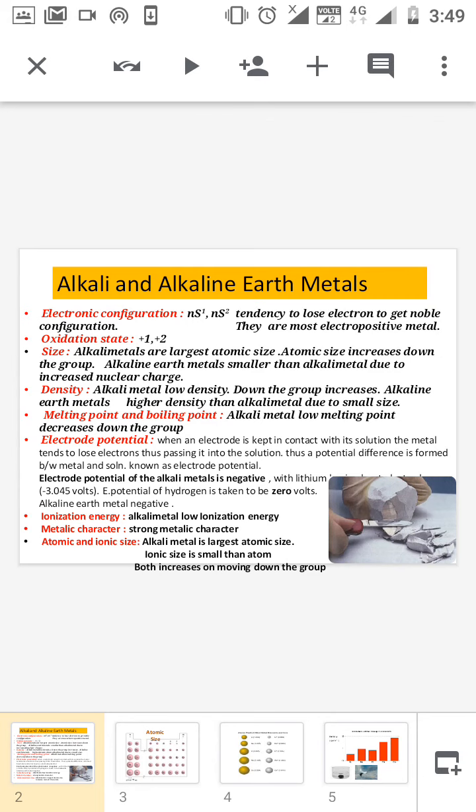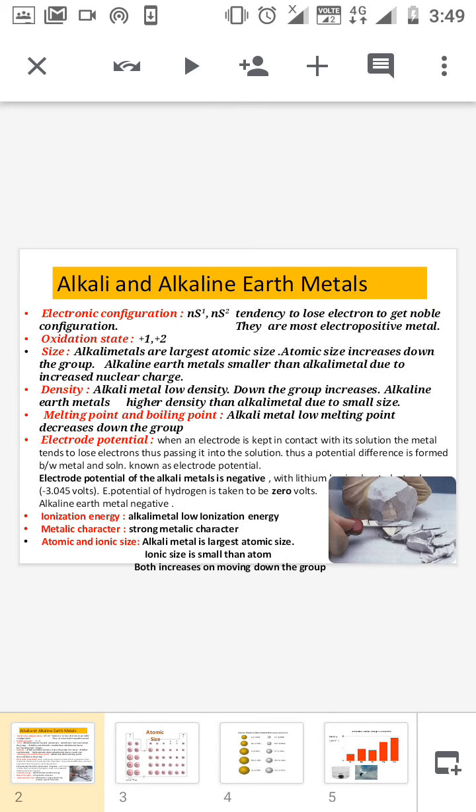The alkali metals have a general electronic configuration of ns1, and for the alkaline earth metals it is ns2. They have a strong tendency to lose the electron to get the noble gas electronic configuration. That's why they are the most electropositive metals. And the common oxidation state of alkali metals is +1, since they have a stronger tendency to lose the electron,